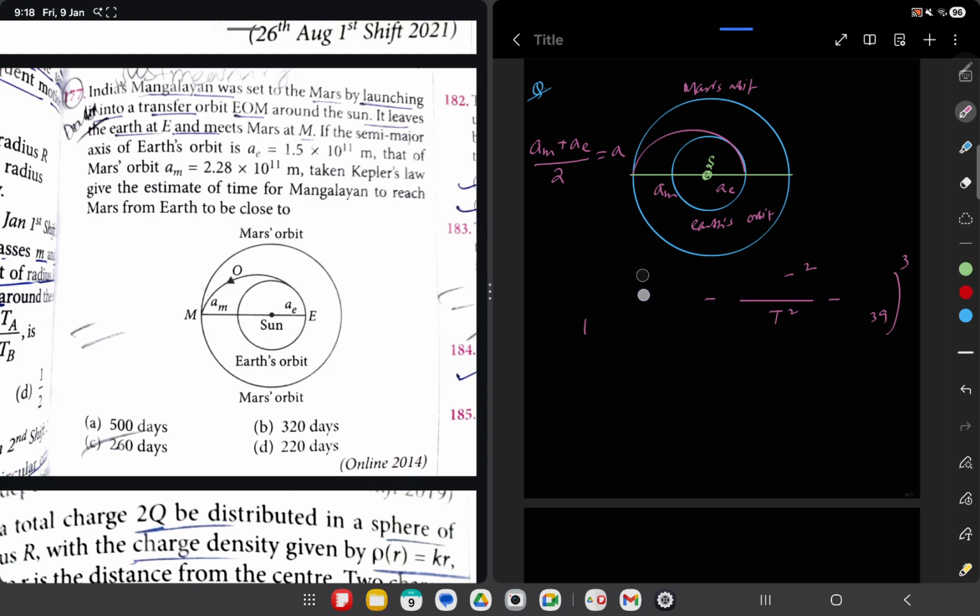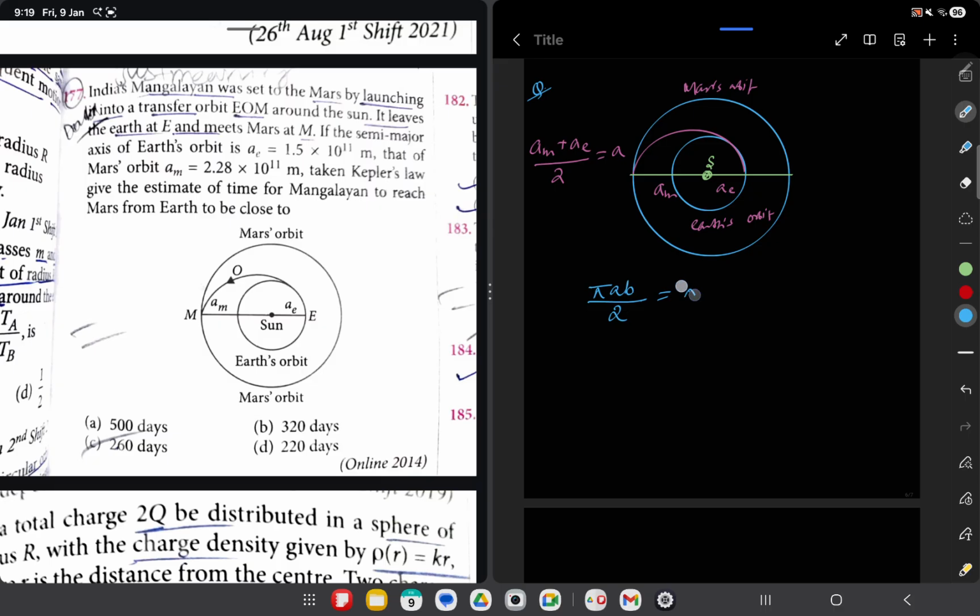In this question, what approach you should go with. Let's assume this is the path followed by the satellite. So the area traversed by the satellite is this much. This one is pi ab by 2. This is half of the ellipse. This is the full ellipse. So this is the area traversed by the satellite. This is pi ab by 2. If you convert this area to a circle,